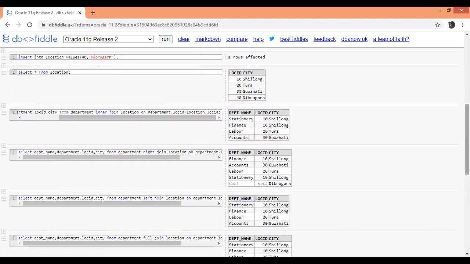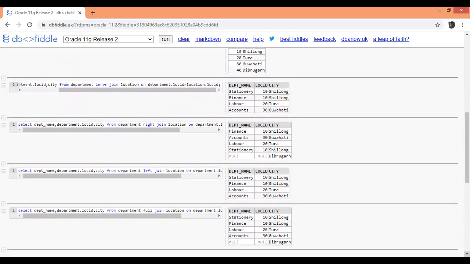Now similar to right join, we have left join. Only in this case, the left table is the department table. Whatever rows are in the department table will be present along with the match, and if there is no match in the right table, it will also appear. As such, we don't have any extra here. So we have stationery 10 Shillong, finance 10 Shillong, labor 20 Tura, and accounts 30 Guwahati.